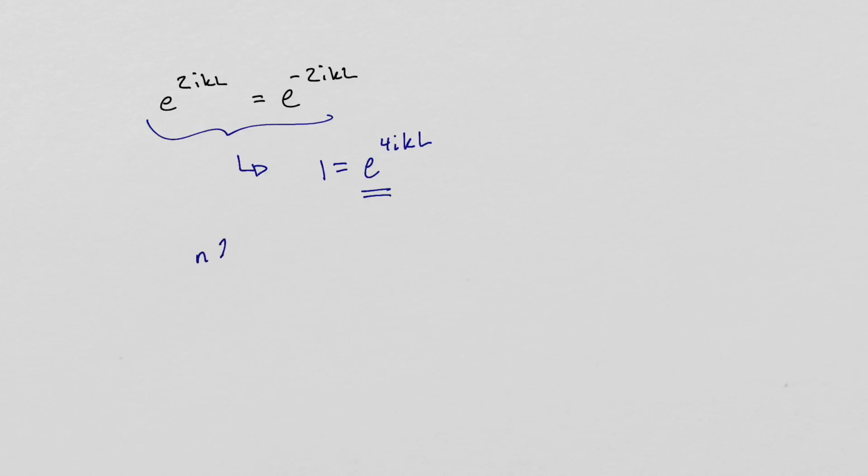Some integer times 2 pi has to be equal to 4kL. Huh, it's beautiful. Okay, which means that k has to be equal to, because now I really want to think about this in terms of k, n pi over 2L,